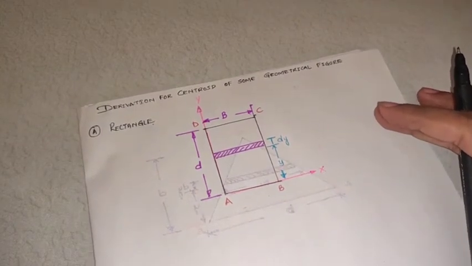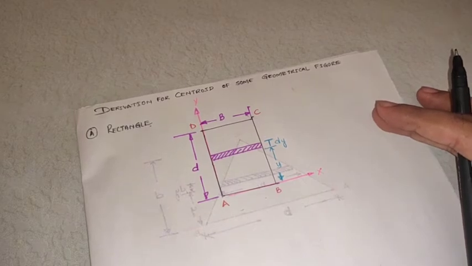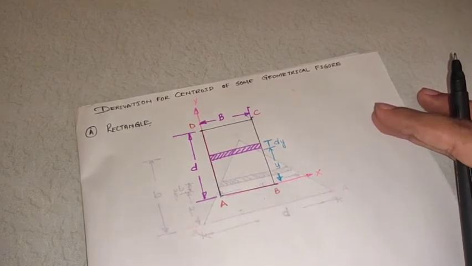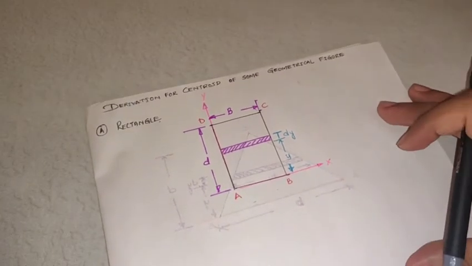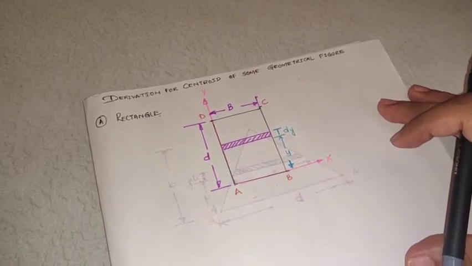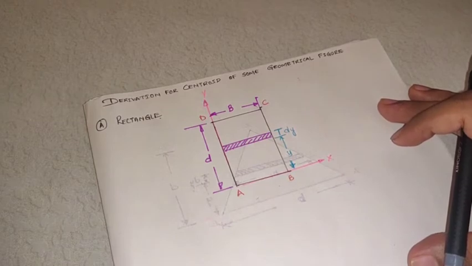Today I'll be continuing with the next part of centroid. In the last class we discussed what is centroid, what is center of gravity, what is the difference between both, what is the importance of centroid, what is axis of reference, and what is the mathematical relationship of finding the centroid with respect to the axis. So today we'll derive the centroid for some common geometrical figures which we know.